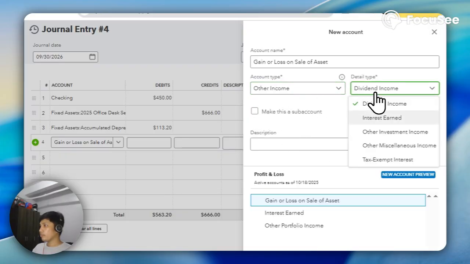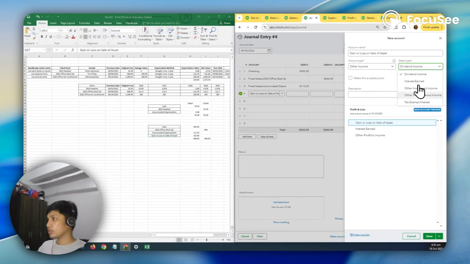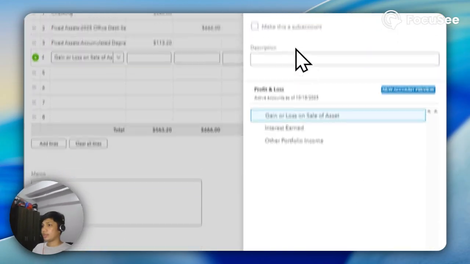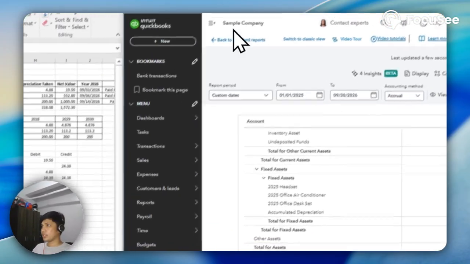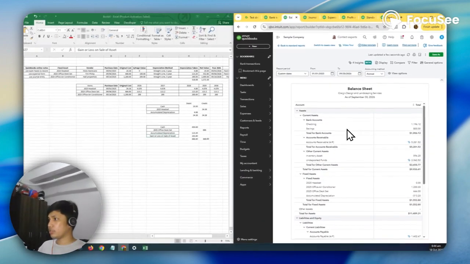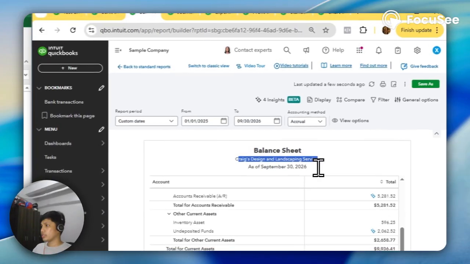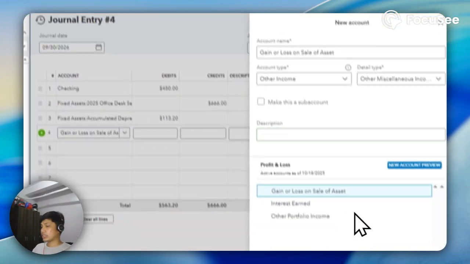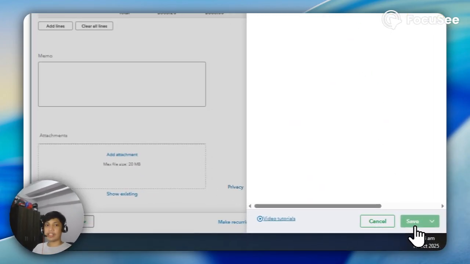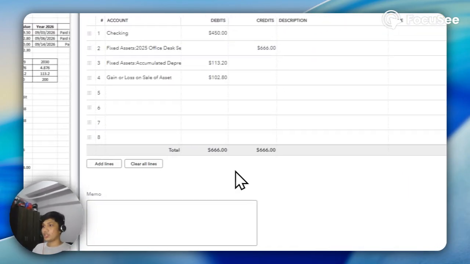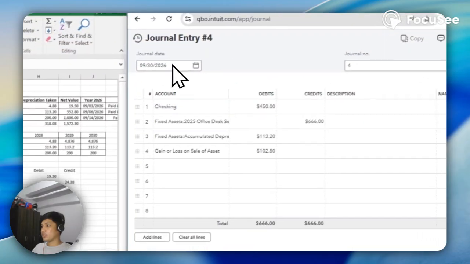I'm going to choose other income and then other miscellaneous income. The business of this example is, I think, a service or landscaping service. I'm using other income because this is not the normal revenue or income of the business. I'm going to save, add the description, and I'll save this as 102. Same here, so I'm going to save.